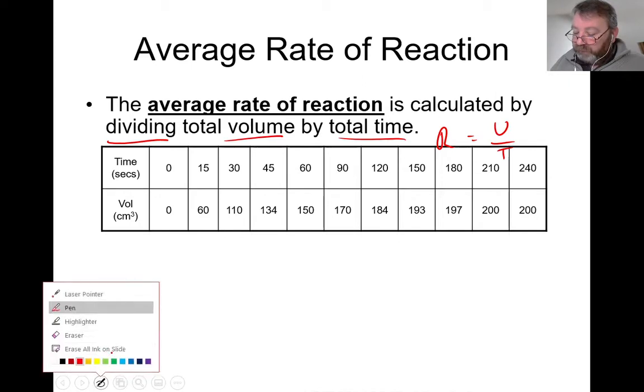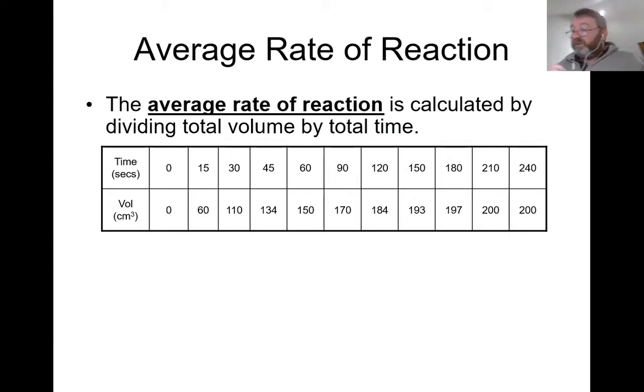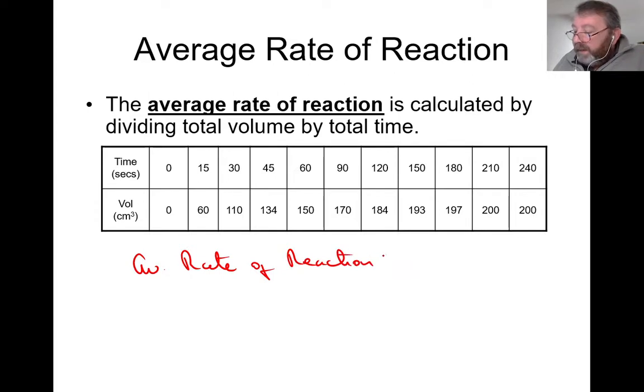Now this is, just wanted to look at this carefully. This is the same table we had a minute ago. Okay, first of all, if somebody said to me, here's a table, calculate the average rate of reaction, what would I do? Well, I'd say the following. Average rate of reaction is equal to the total volume, because don't forget we are dealing with volume, the total volume over the time